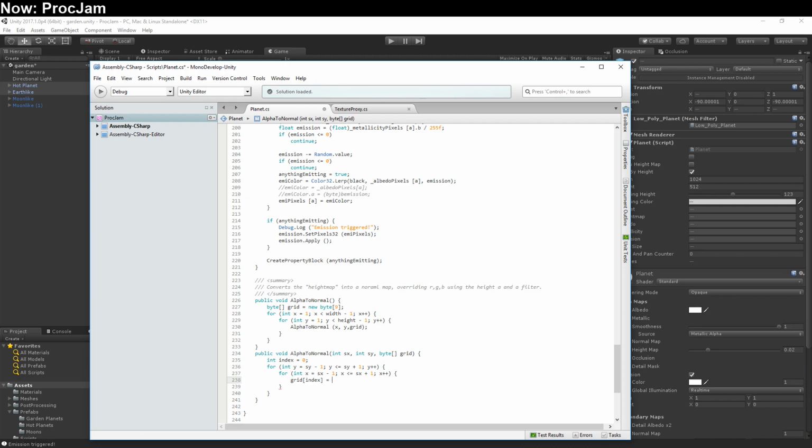Grid index equals, and then we're going to grab the height map pixels, and then we need an index, which is going to be x plus y times width dot a. So now we have a grid of all of our pixels, and what we're going to want to do is